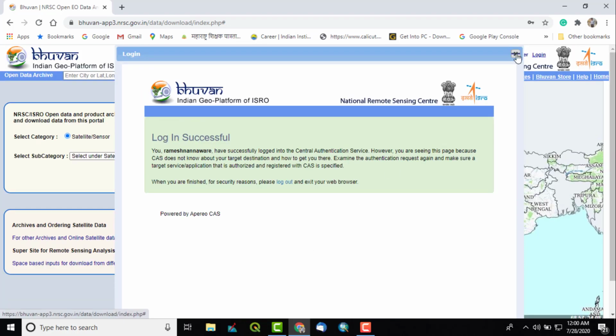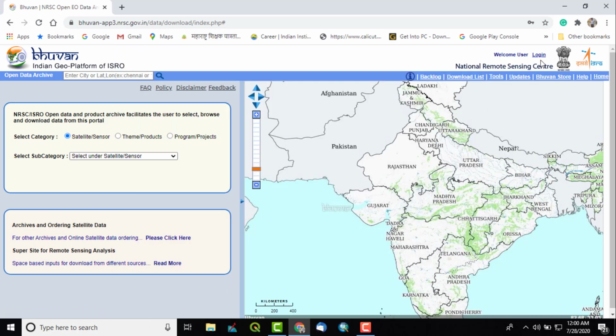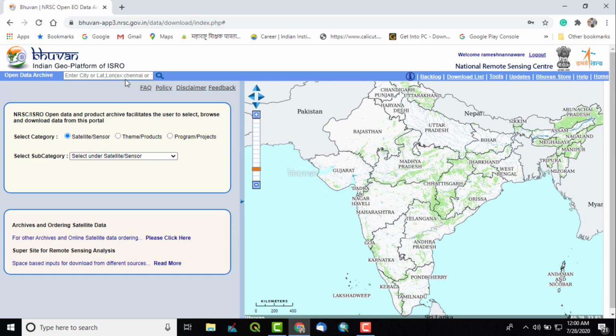I can close this window. See here, our username appears here, the logout button is here, and the rest of the options are open to us to explore.